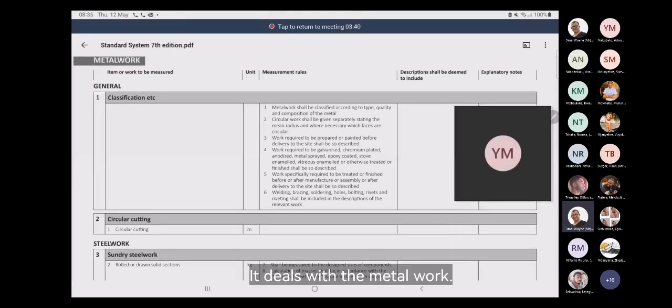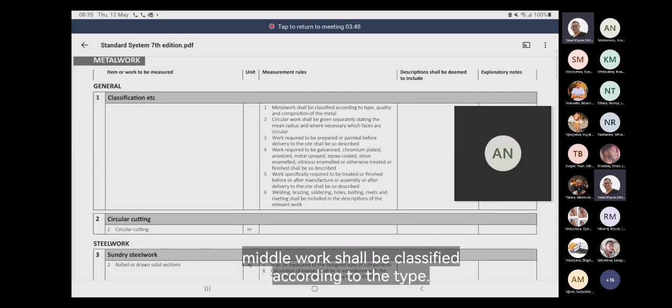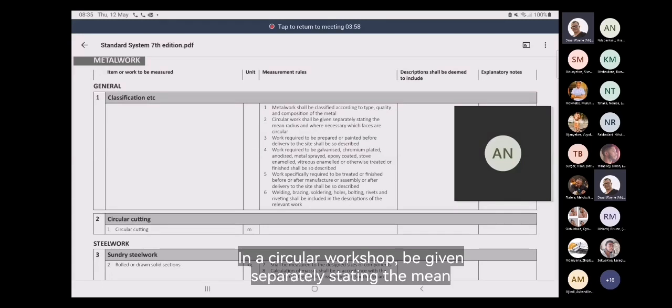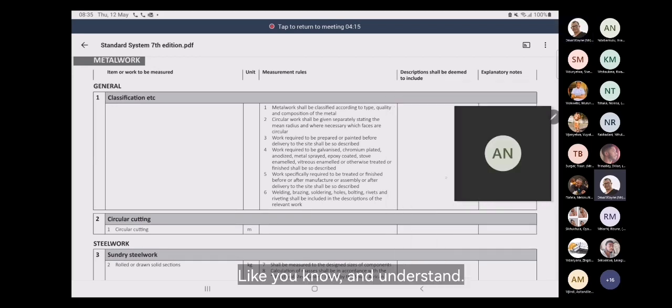the metalwork, you notice that under classification in the metalwork, it says to us that metalwork shall be classified according to the type, quality, and the composition of this metal. Any circular work shall be given separately, stating the mean radius, and where necessary, which faces are circular. Now, when we speak of the mean radius, what that means is, like you would know and understand,